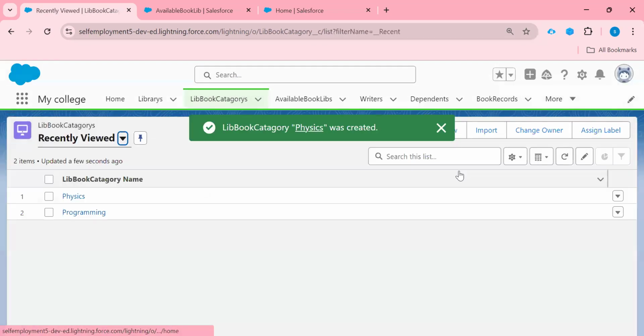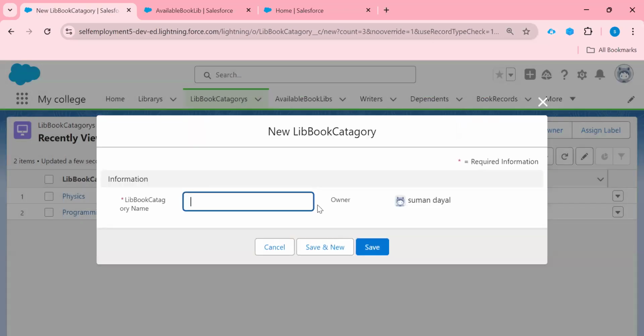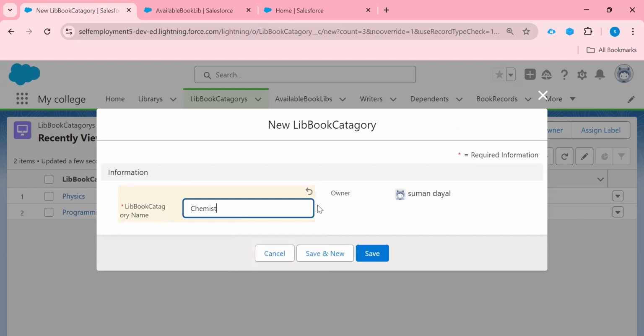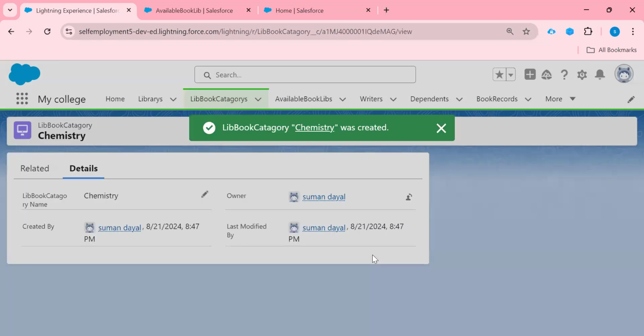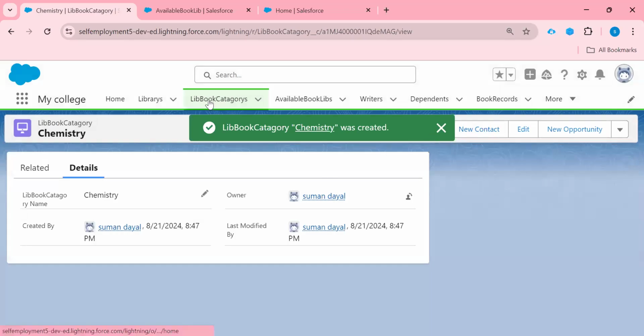I'm going to create one more. Three books, right? So I have created three categories in this category.